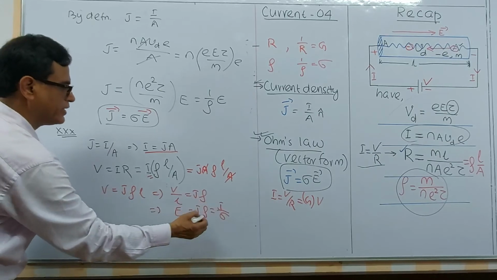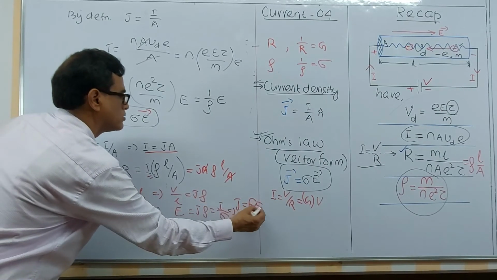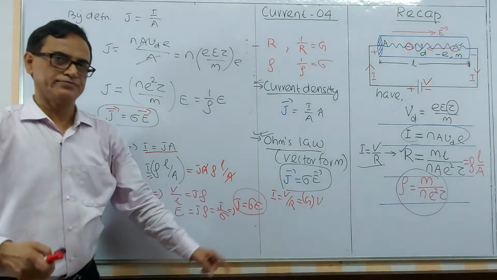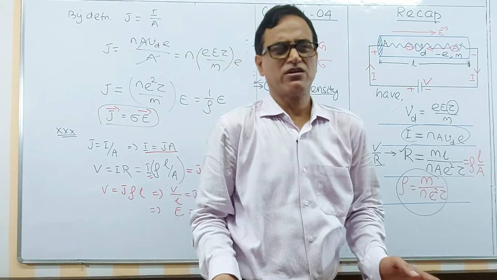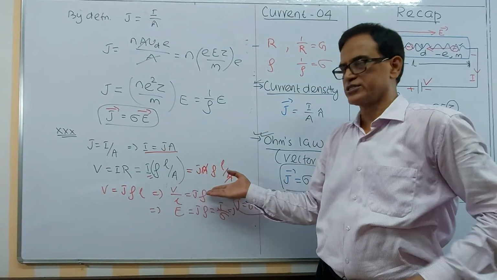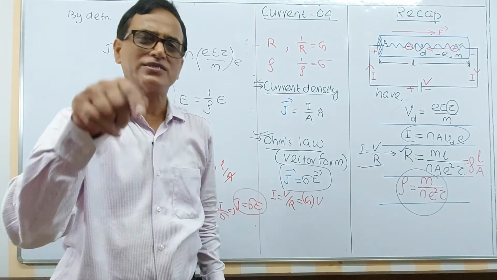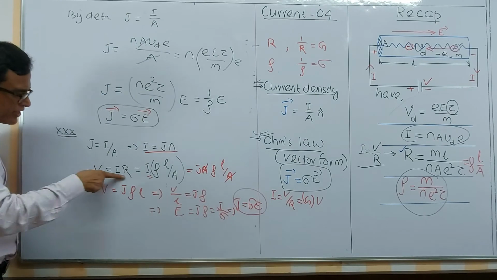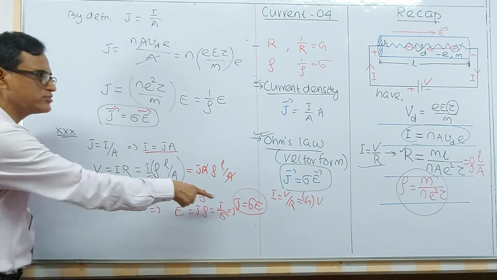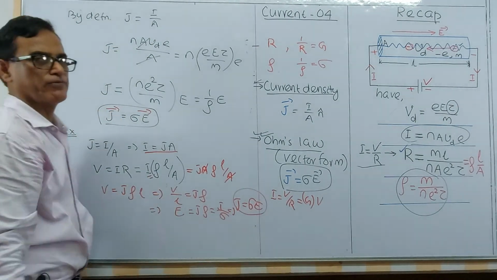So J is equal to sigma E. This is a very rough method, I think. Though it is easy, you can only substitute the formulas you know earlier. But can I specify Ohm's law in vector form this way? Because here I myself am using Ohm's law to find Ohm's law in vector form. In the earlier derivation, I am not using Ohm's law, I am finding the vector form of Ohm's law.